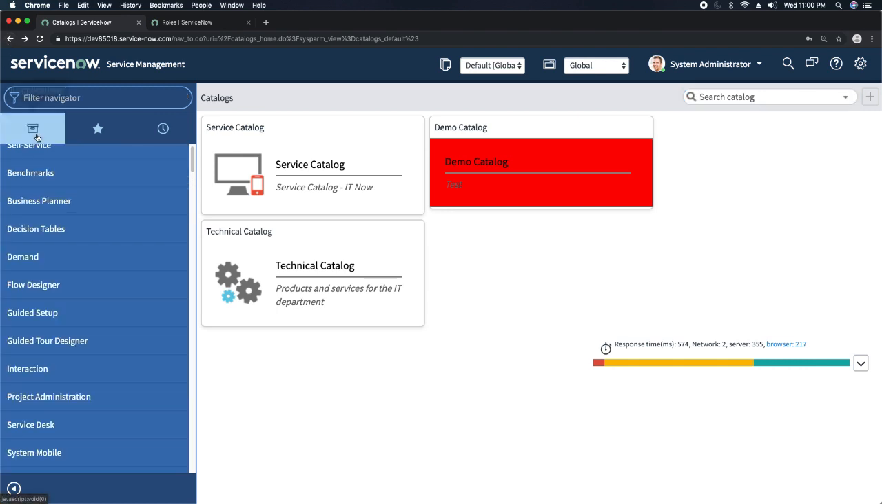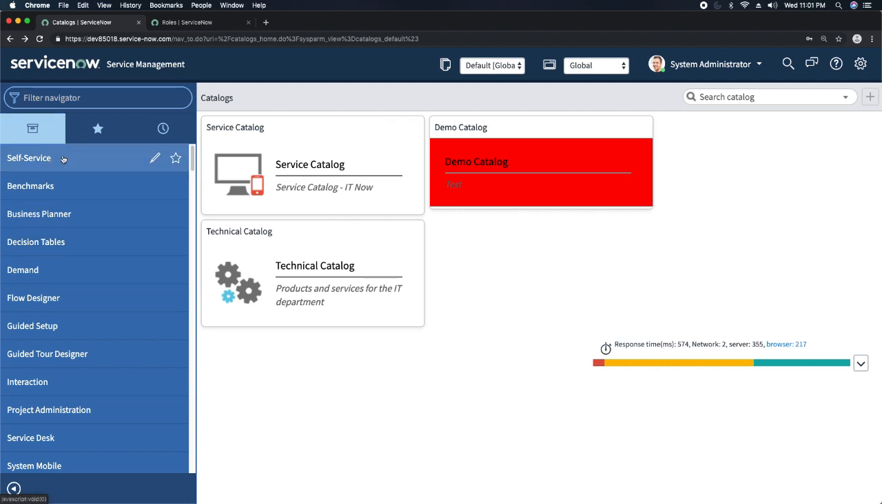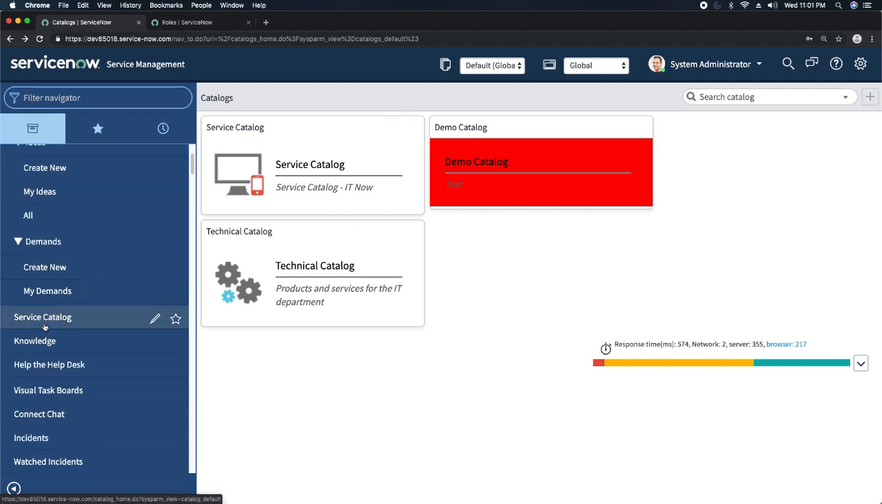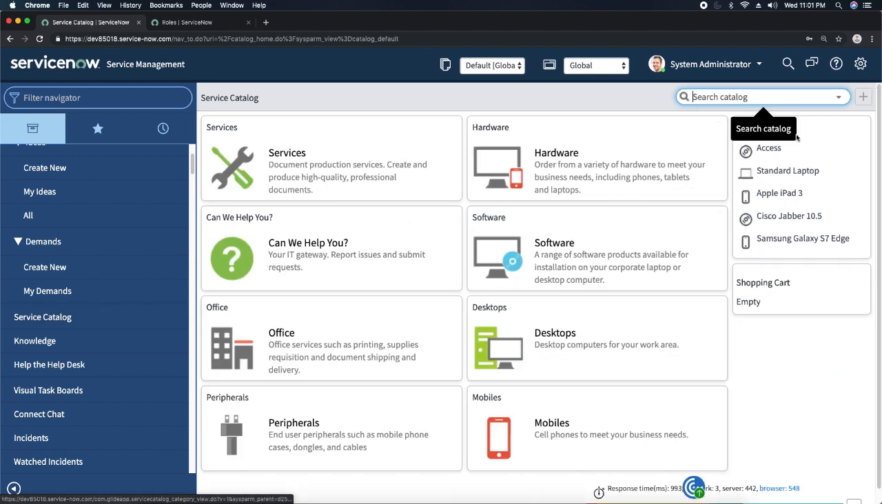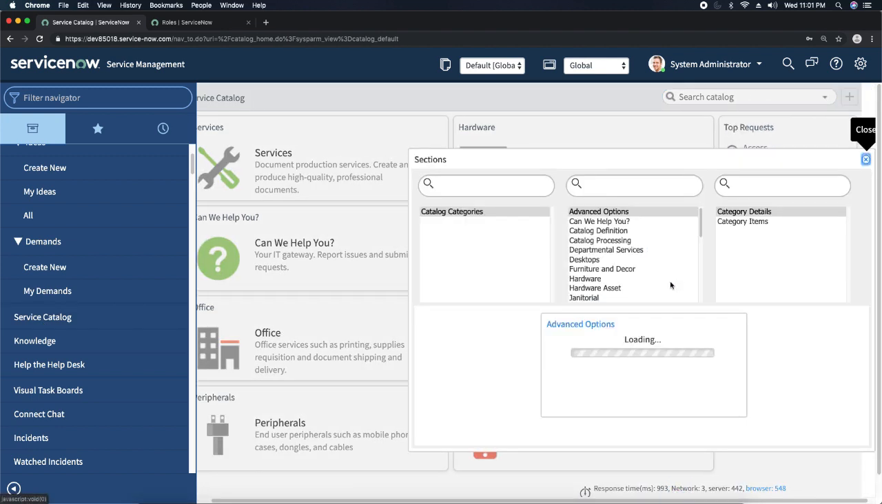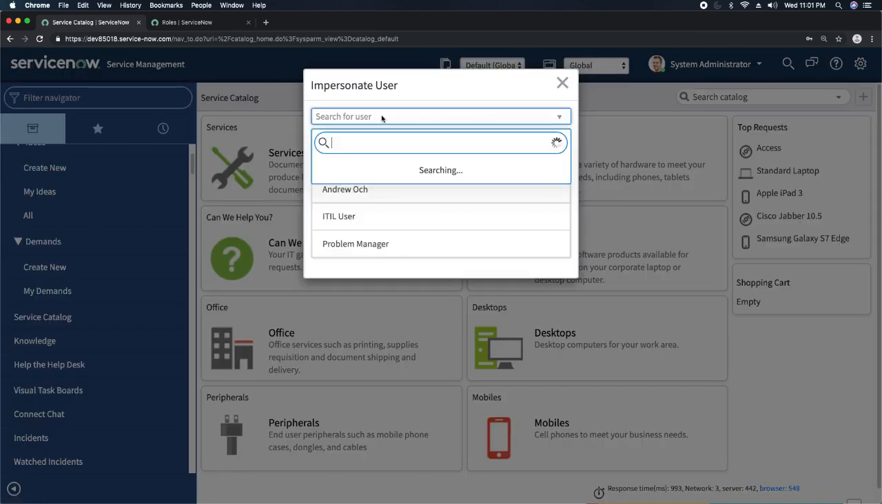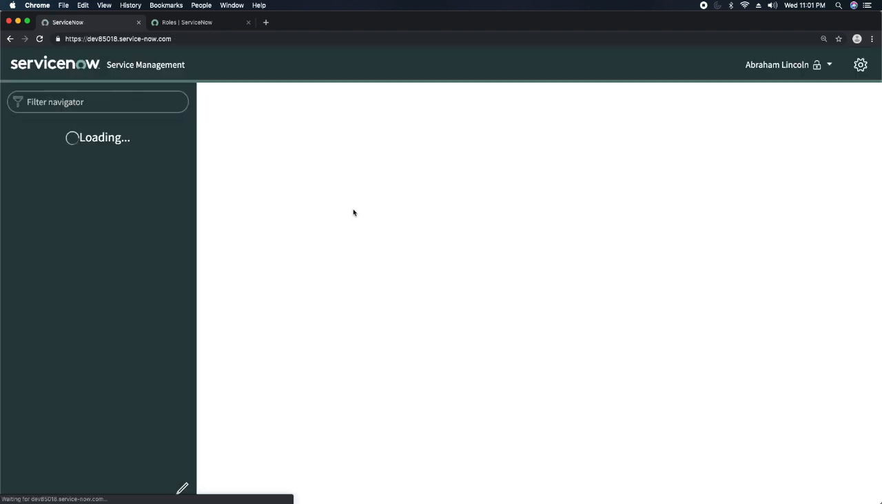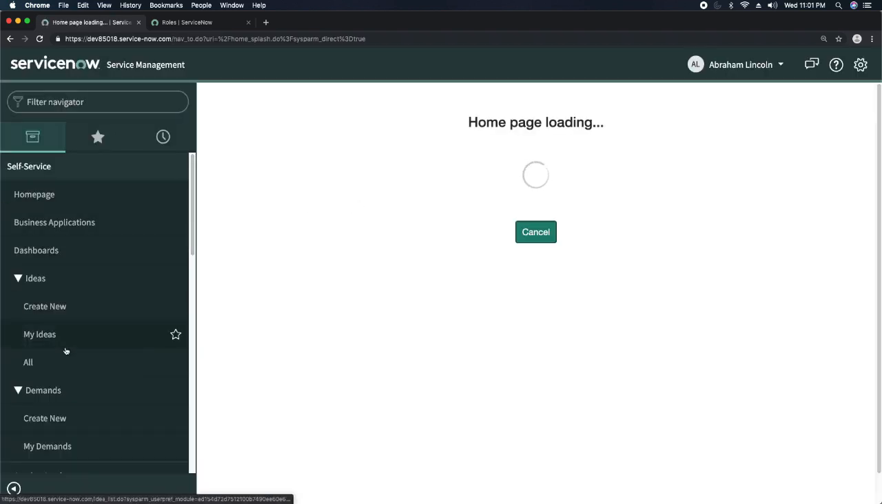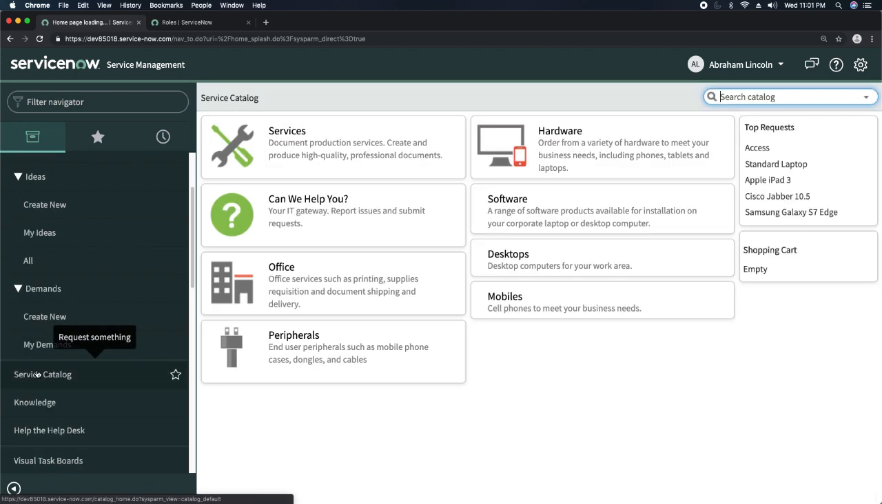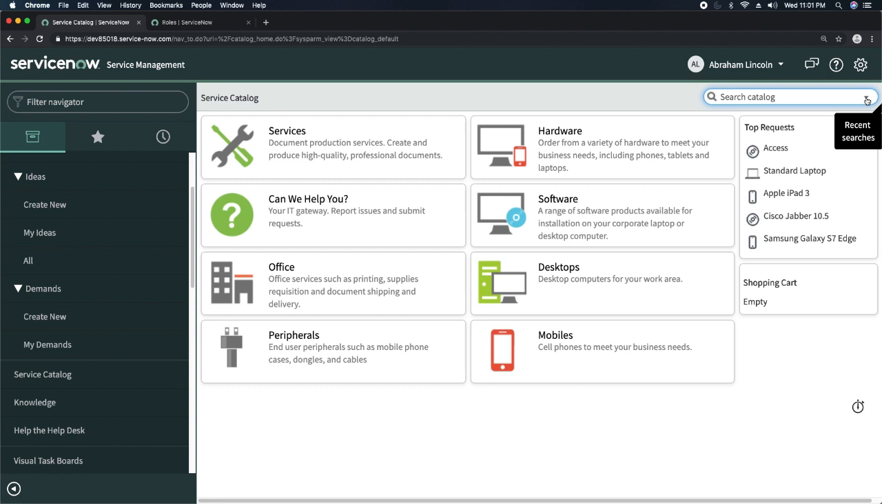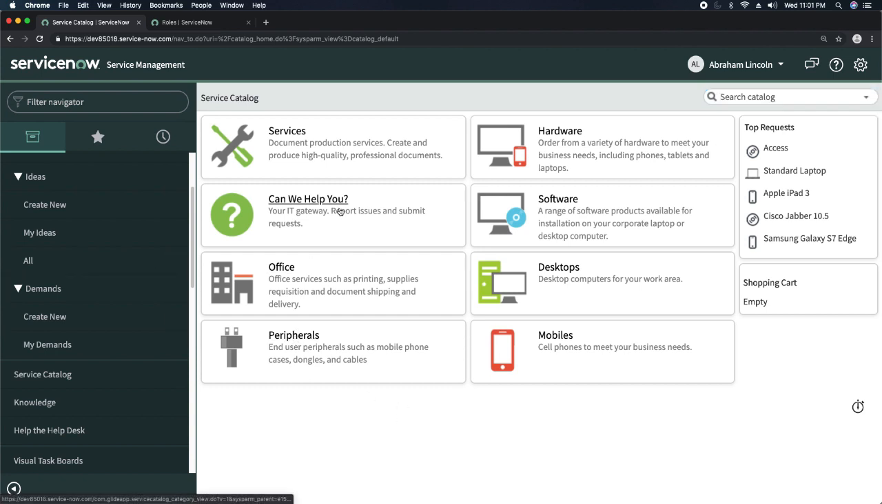Under self-service, if I click here, now I am the administrator, so I can click here to add anything. But if I impersonate, let's try Abraham Lincoln, and click his service catalog, you can see I'm not getting that plus button. Whatever you are showing is what I'm seeing here. So you can definitely customize the catalog. Administrators can customize the catalogs as per the requirement of your